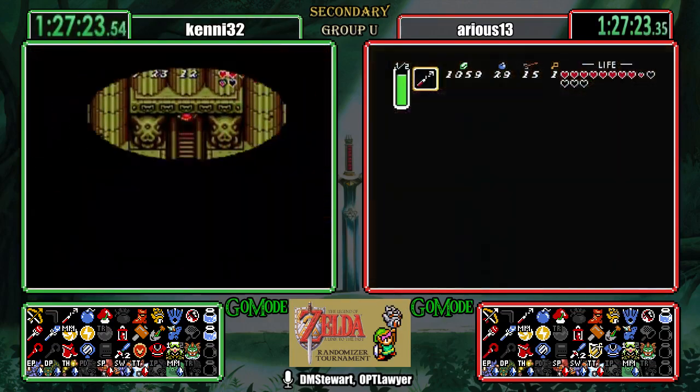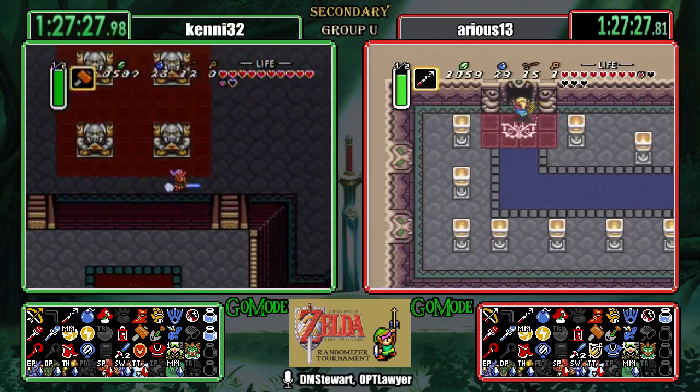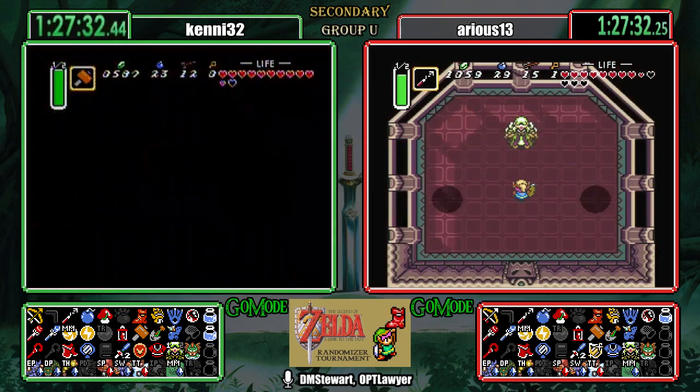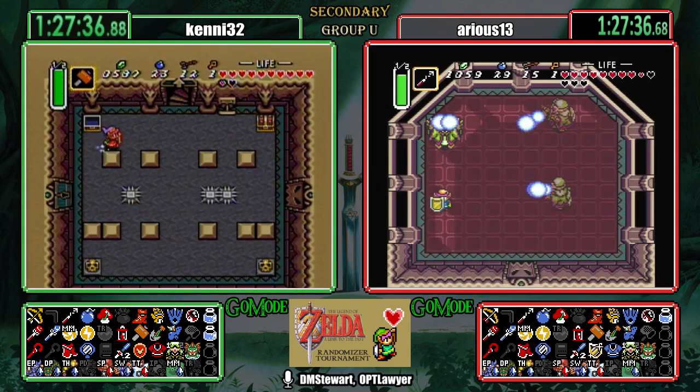Nice. I hate that room Arius just went through. I'm not good at that. That was an impressive way through that room, though. Kenny going to check... I usually just cape through it. Exactly. So, Aghanim 2, let's see how well...